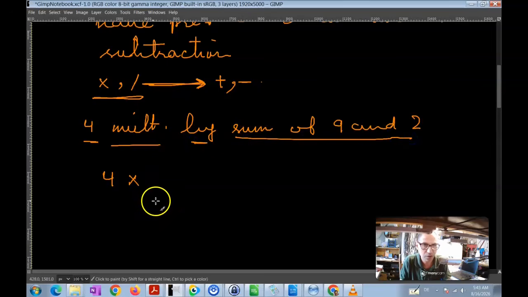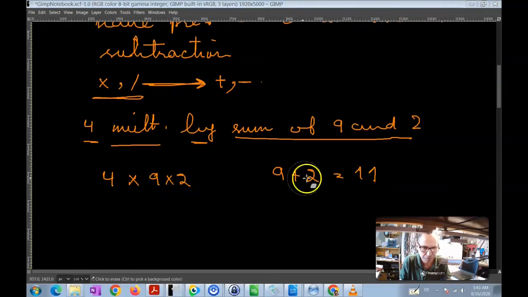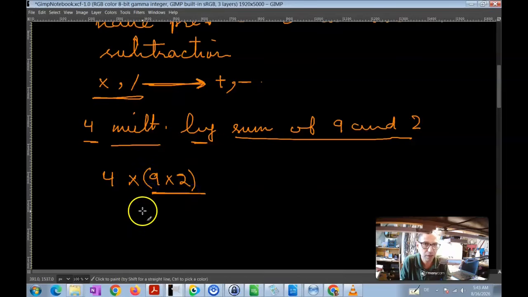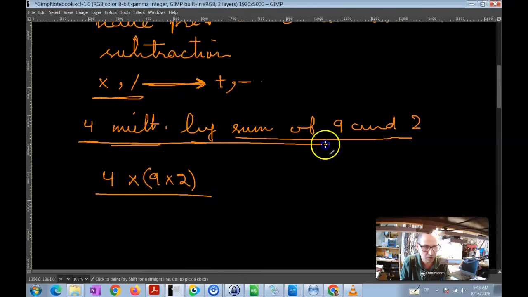The sum of 9 and 2, of course, you know, is 9 plus 2, which is equal to 11. So I write 9 plus 2, and because I want the 4 to be multiplied by this whole thing, I put this into these brackets, and then everybody knows that by this expression I mean this sentence in English,